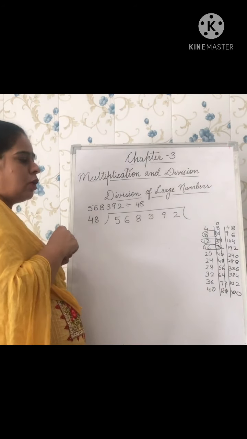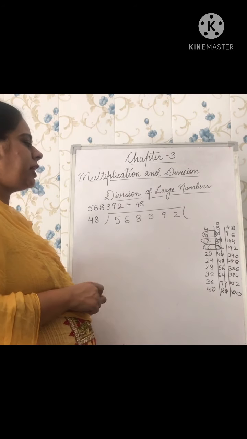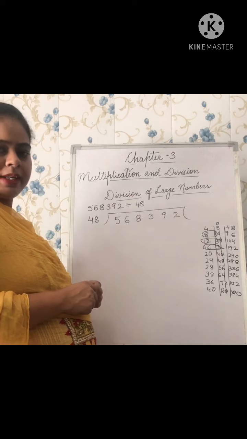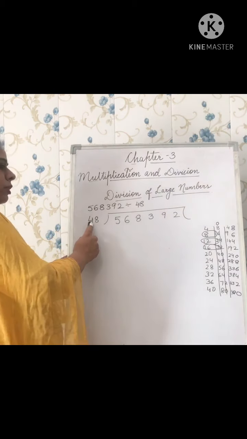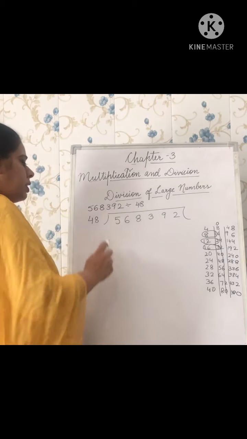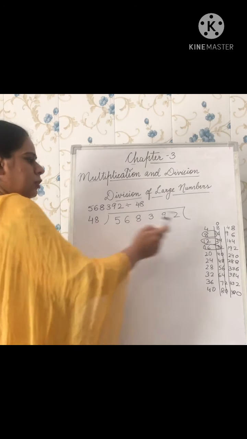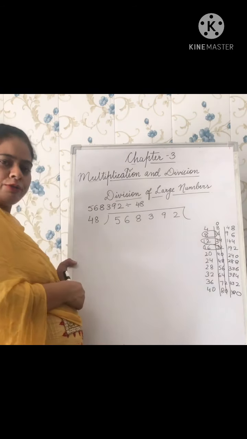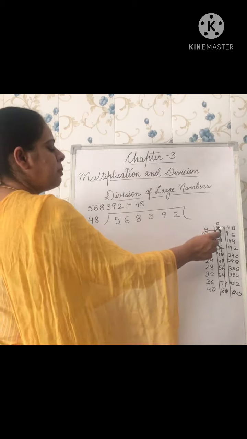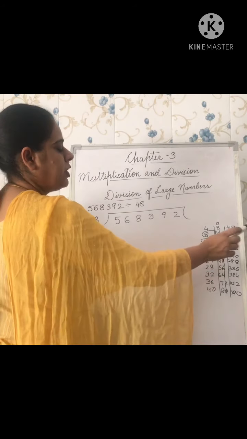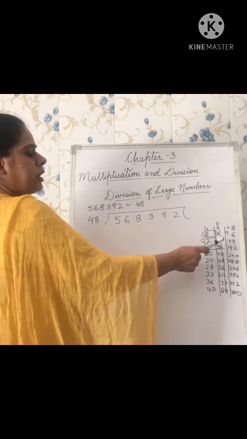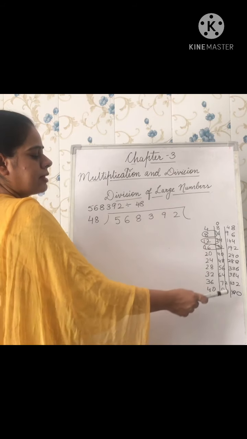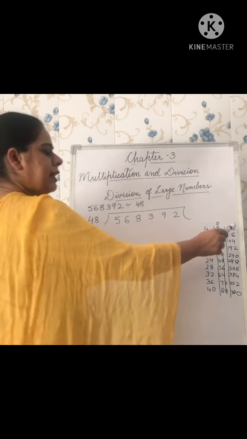Have another look at how we have to write the table of 48. You first write the table of 4. First digit is 4, so you will write the table of 4. The digit at ones place is 8, so then you have to write the table of 8. Now you first write the ones place digits at the back: 8 6 4 2 0 8 6 4 2 0, we wrote them first.